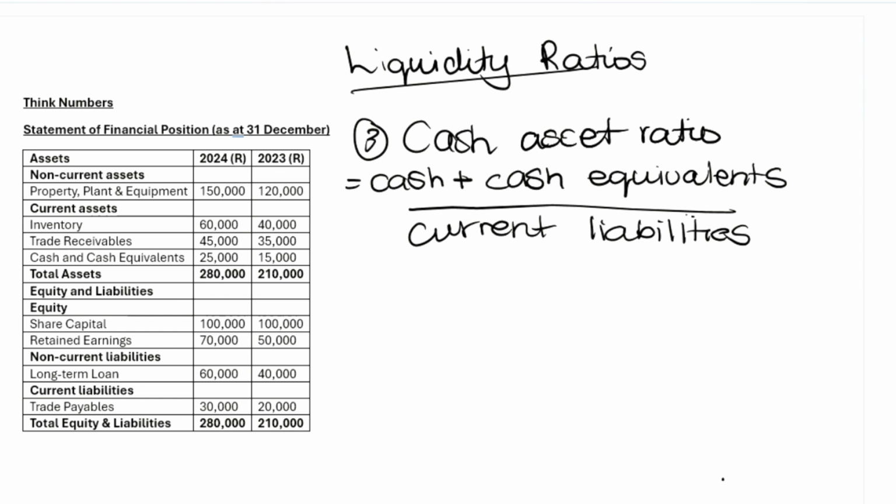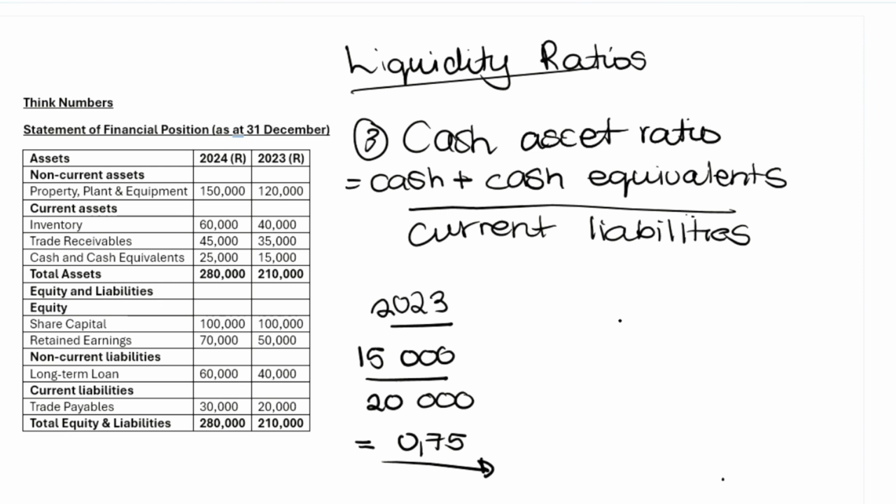So let's look at 2023. Our cash and cash equivalents for 2023 amounted to 15,000, divided by my current liabilities of 20,000, which would have then given us a cash asset ratio of